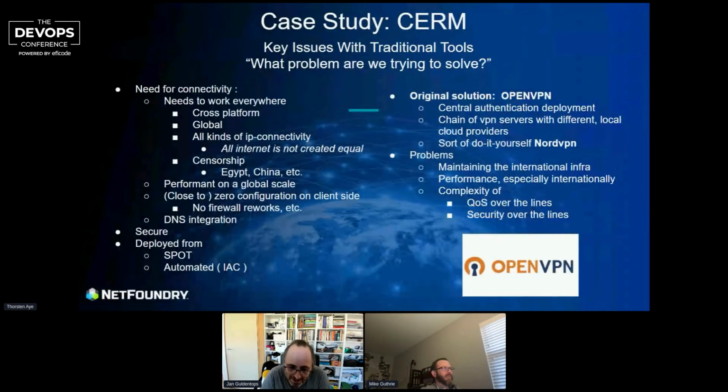Originally, we did that by hiding OpenVPN clients in all systems. And we've grown up with that. So we have central authentication. We have a chain of VPN servers everywhere. Basically, we were rebuilding NordVPN, but then for Cerm. That worked, but it was hell to maintain, hell to secure. The performance, especially internationally, was flaky, and the complexity became too much for them. So we ended up with, next slide, please,